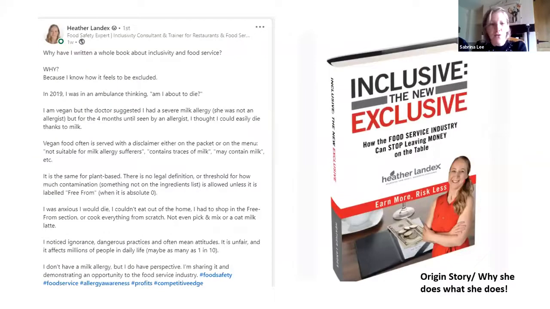This was an example of one of Heather's posts where she tells a story about something that happened to her, really quite hectic and intense, but you really get her energy from it. It's very exciting. It draws people in. I would have changed the headline to say, in 2019, I was in an ambulance thinking, am I about to die? That could have been a headline and people would definitely have clicked more. So where can you pull out the headline and story and make people excited to read more.